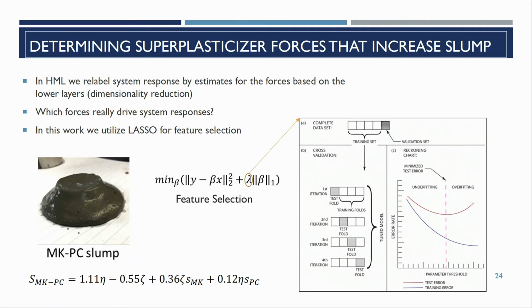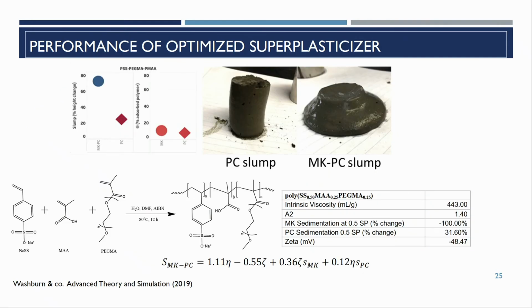If we just look at the first two terms, though, this term in particular is predicting that as I increase the viscosity of the pore solution, I will actually increase the slump. The consequences of this term are a little bit murky. We had some thoughts on that, but I will defer that to later. But if we then take this formula and reparameterize, from the previous slide we have a model for how the viscosity depends on composition. If I reparameterize every one of these terms by its compositional terms, I can come up with